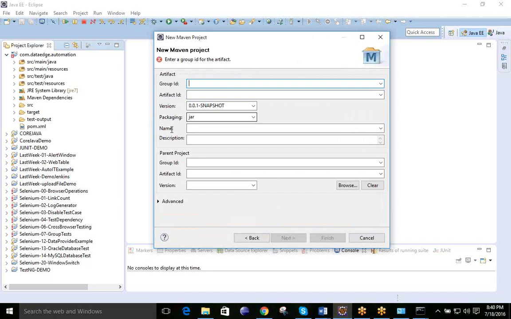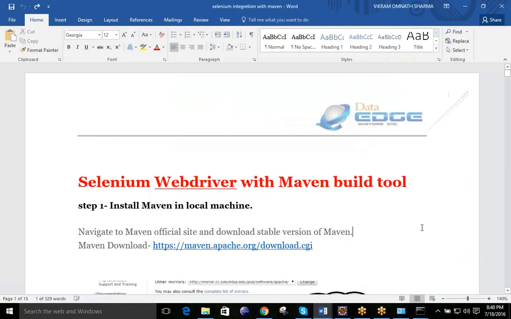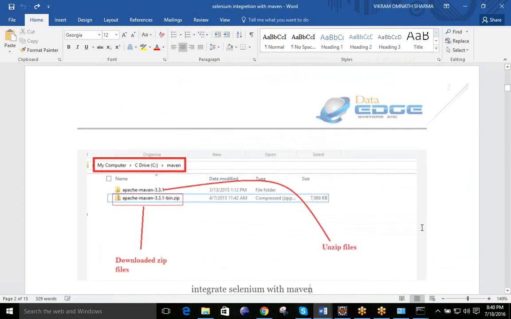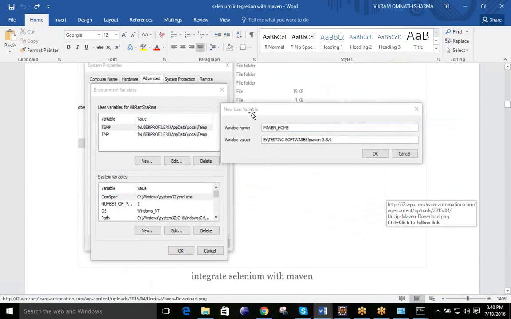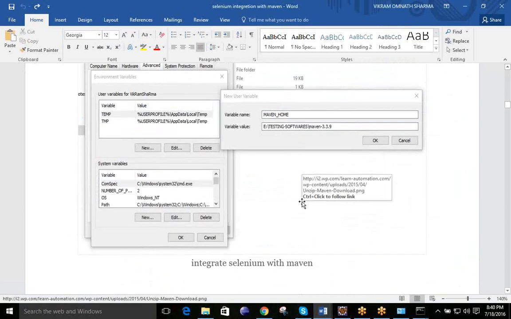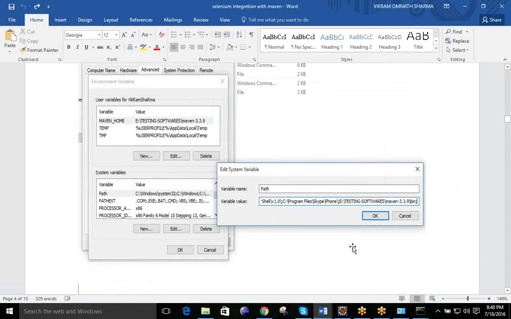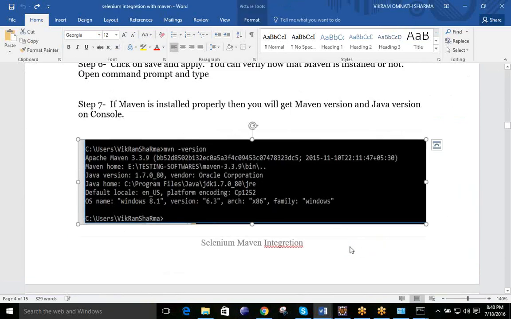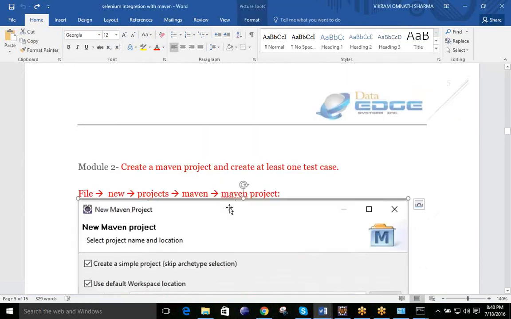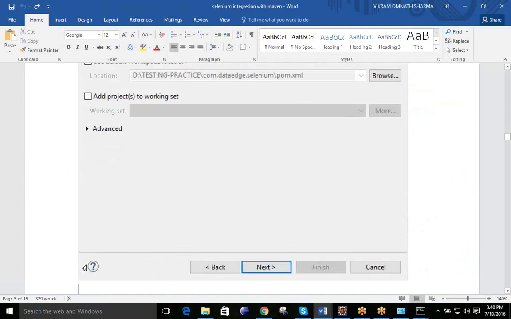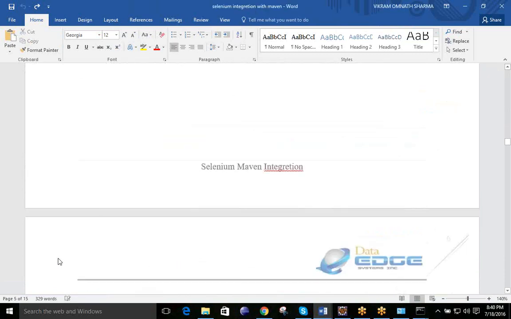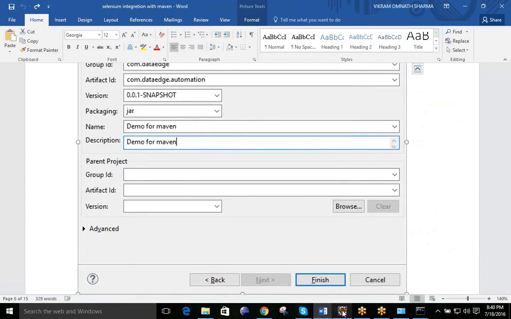Here the scenario is changed, as you can see on the screen, and everything step by step, from downloading to installation, is present in your notes, even how to set the Maven home and how to set Java, and the path is also created over here. You can see the Maven versions that we have already seen. Now it says create Maven project: File, New, Project, Maven Project, and then you have to select this one also. So focus on whatever is mentioned over here. This same snapshot we saw in Eclipse is coming over here.